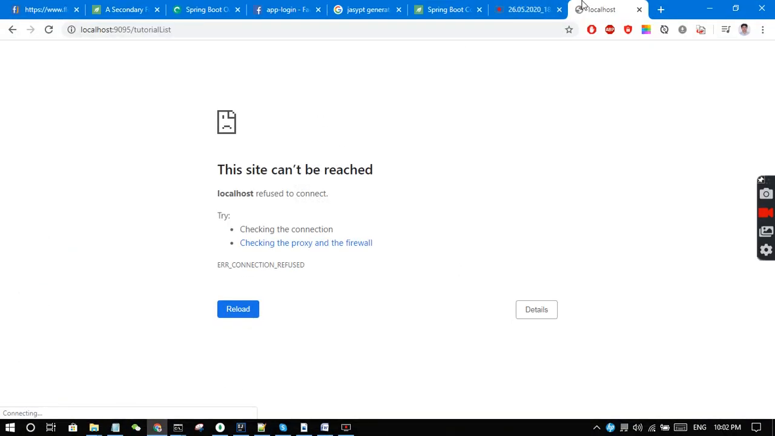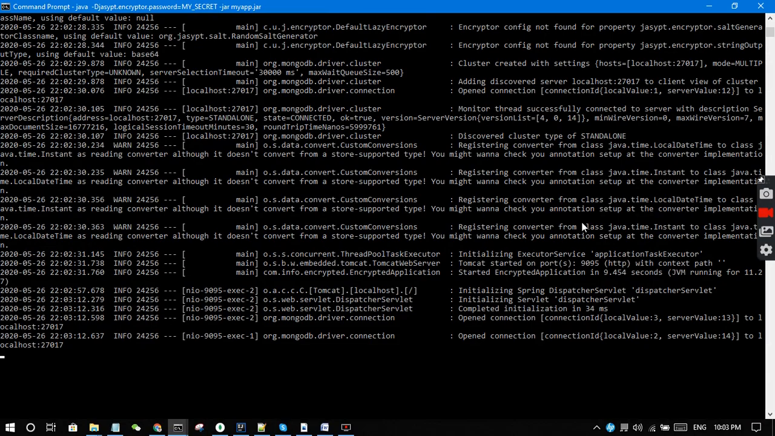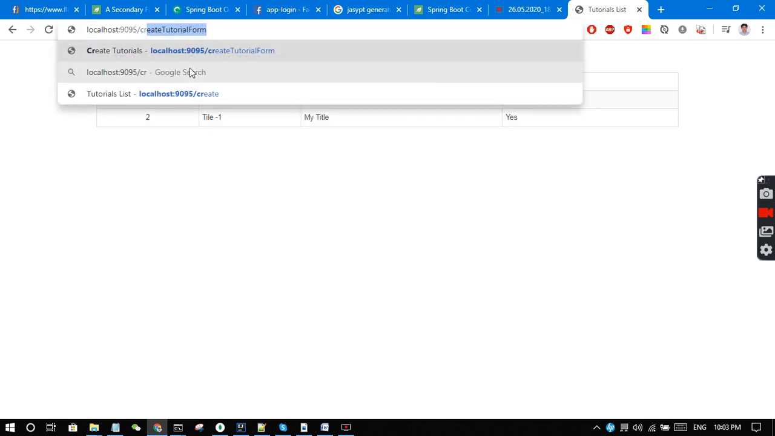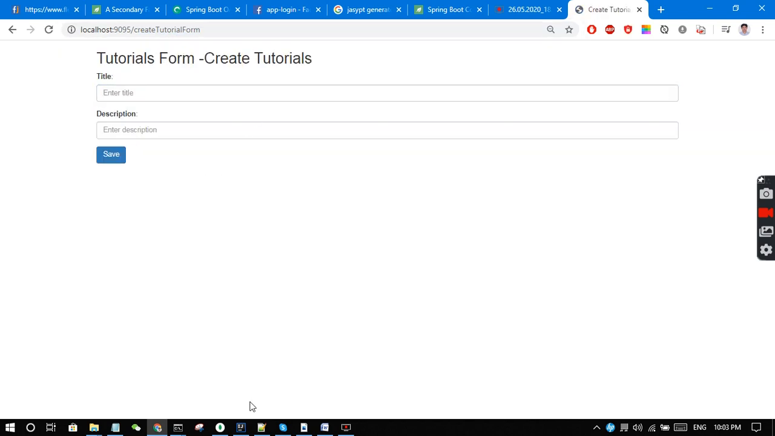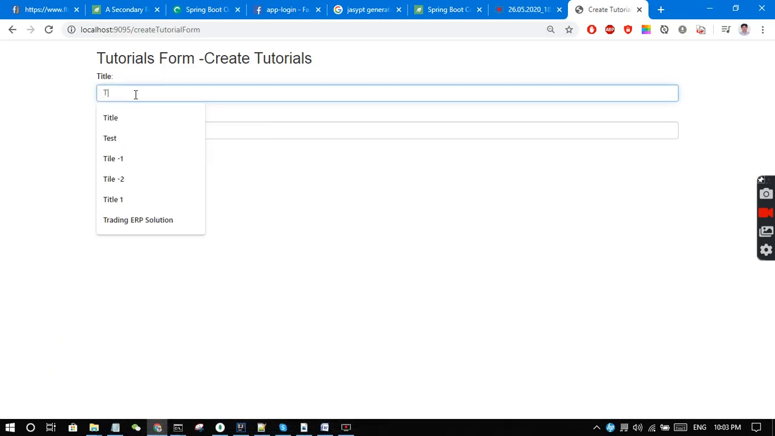So let's see whether our application is running or not. Yeah, our application is running. We added two records, and we can see these records. Create phone. This is the create phone. Our application is now not running in IntelliJ IDEA, and let's add another